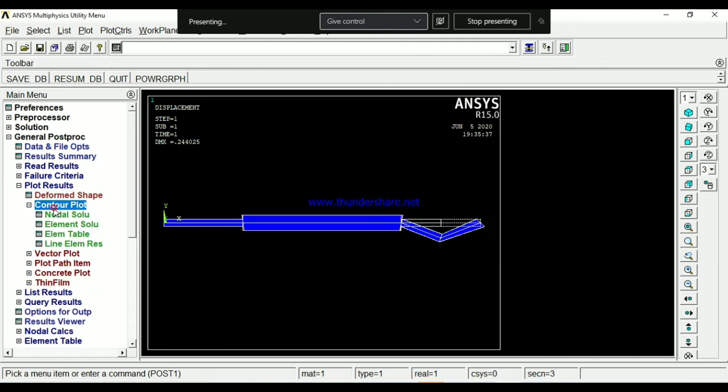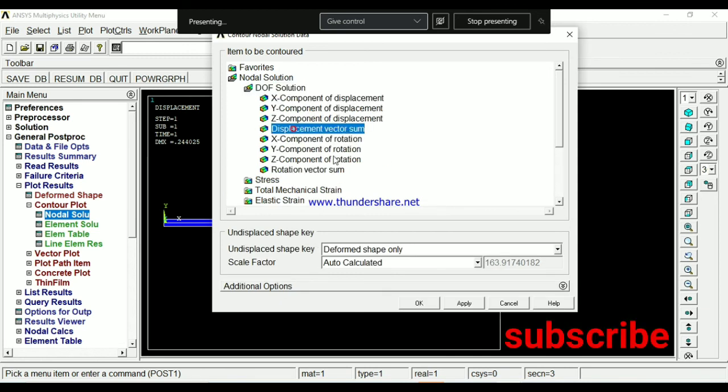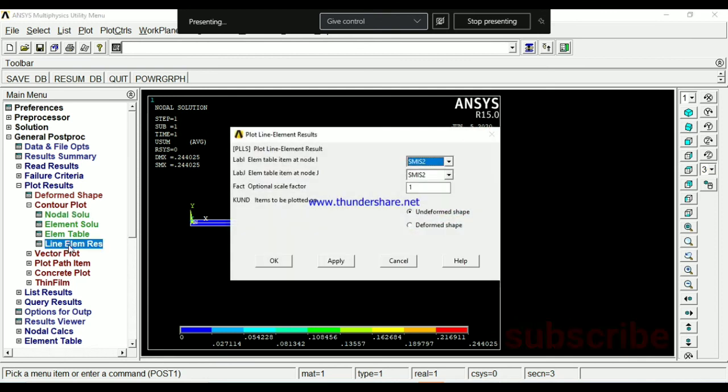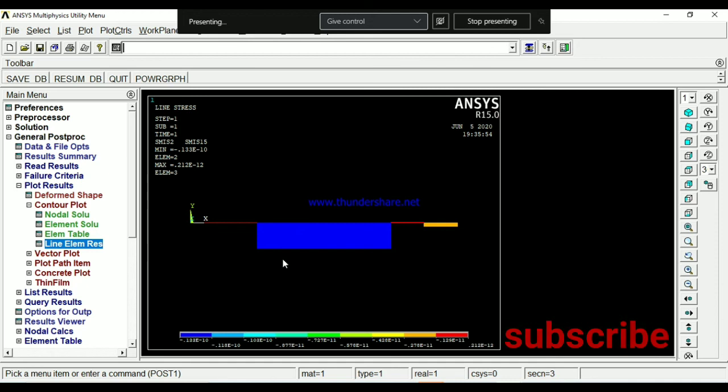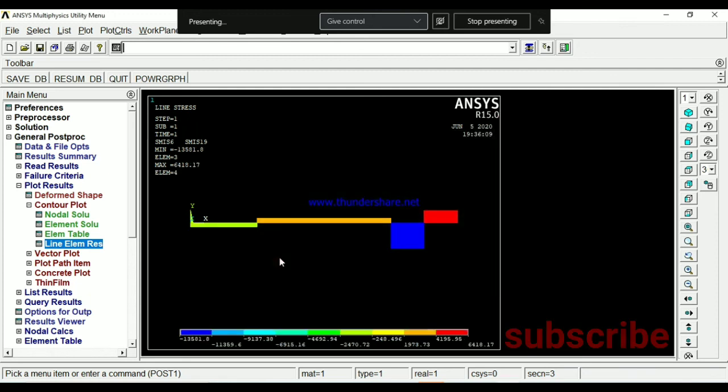After that once again we show deformed and undeformed. Okay, then Contour Plot, then Nodal Solution. If you want DOF solution, in that displacement vector sum. Okay, this is where failure chances occur in the beams. After that you have to go to Line Element Table Data, then give the shear force. Sorry, this is the bending moment. Force into distance. Here no force, so there is no bending moment. After that go to the shear force, then okay, this is our shear force diagram.